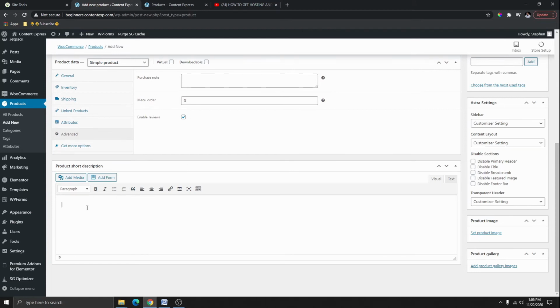And then scroll down here, and then if you want to add a short description for your product, you're going to go ahead and put that here. So I have this short description here,